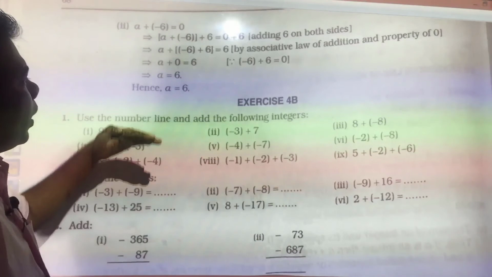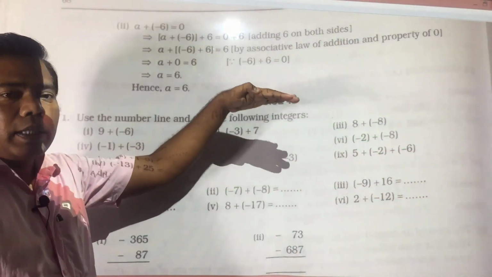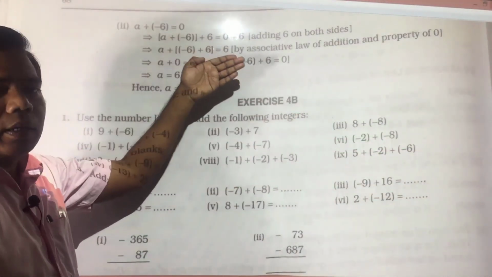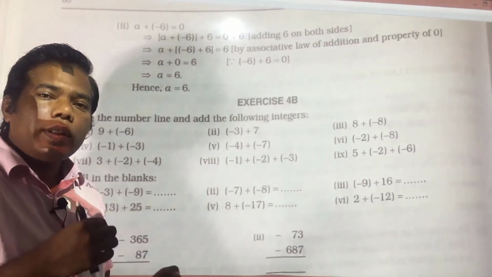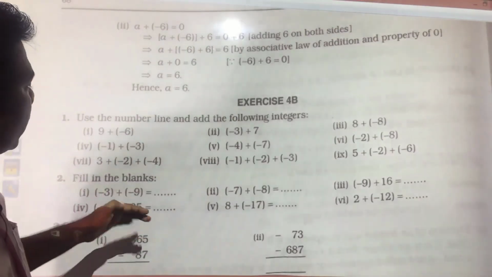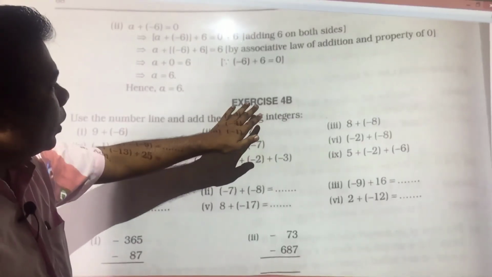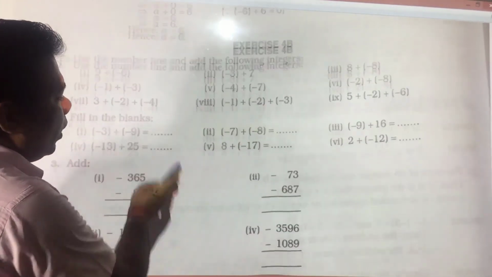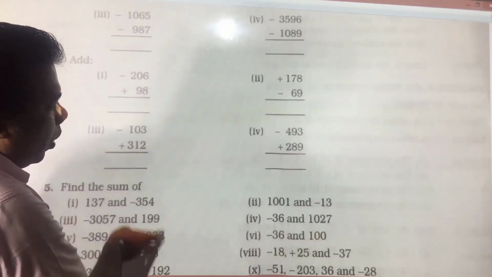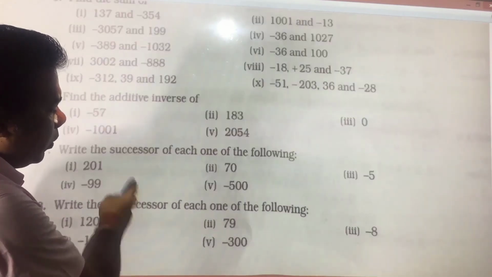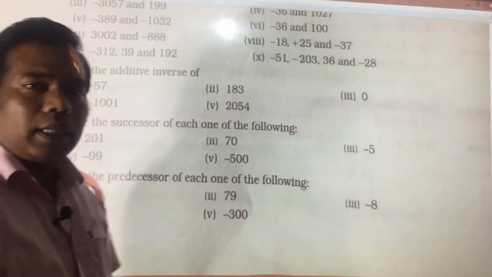So, up to here you have understood each and every property as I told you, and the theory part you must write in your notebook with examples, so that you can remember properly, and then you need to start exercise 4b. I hope you will be able to do all the questions by yourself, otherwise we will see in the next class. Until then, thank you.